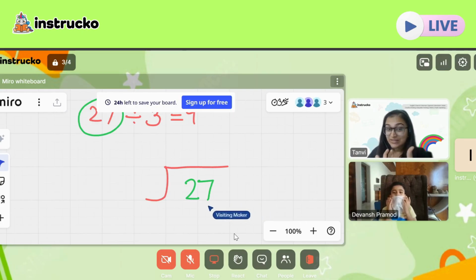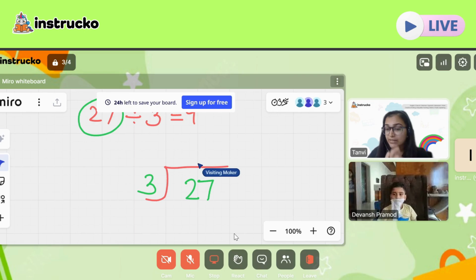We give names to these numbers in a sentence, no? This is called, I think, dividend. Yes, dividend. The divisor is this side. Very good. This is the divisor. And the answer that we write at the top is called the quotient. Right? So the answer 9 we write at the top.